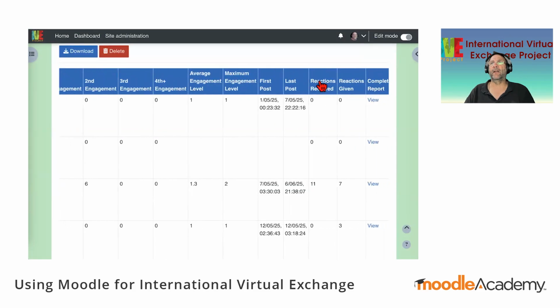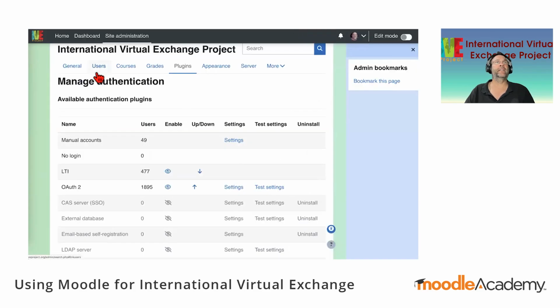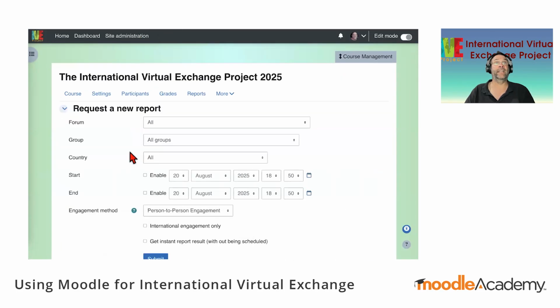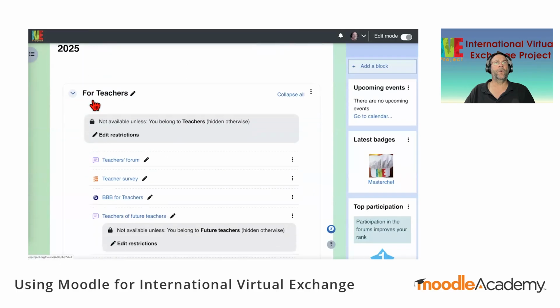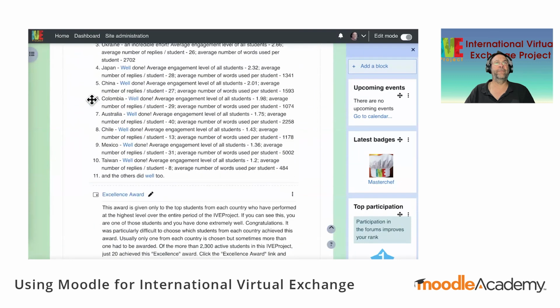Yes, the reactions. This is something that Matthew Cotter was influential in creating. We wanted to have reaction buttons in the forum.